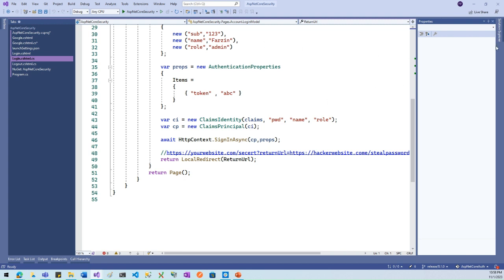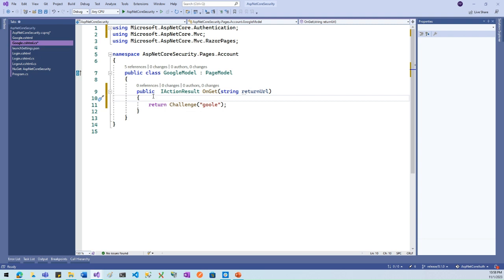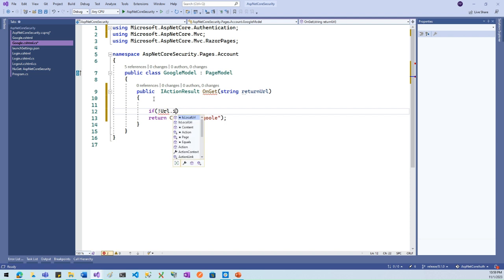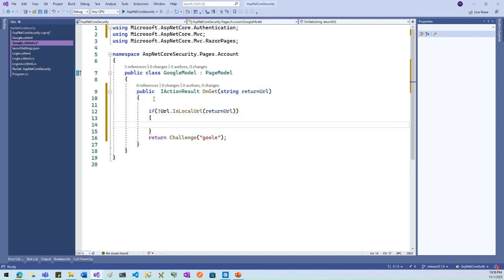We can use the URL helper. I mean, here we can check if it is local, and then